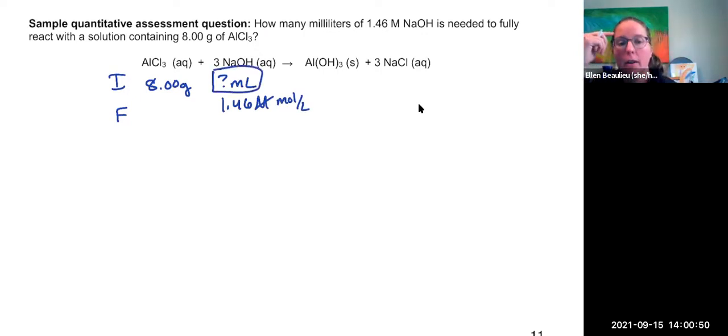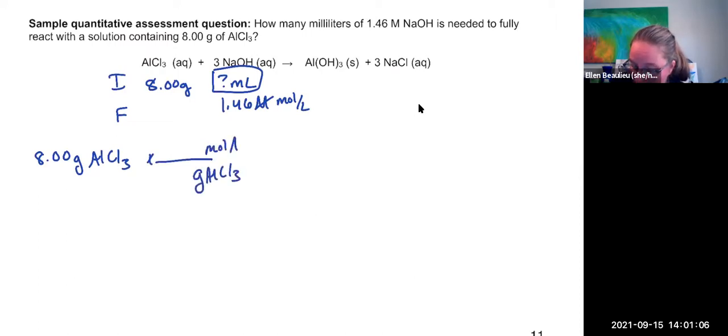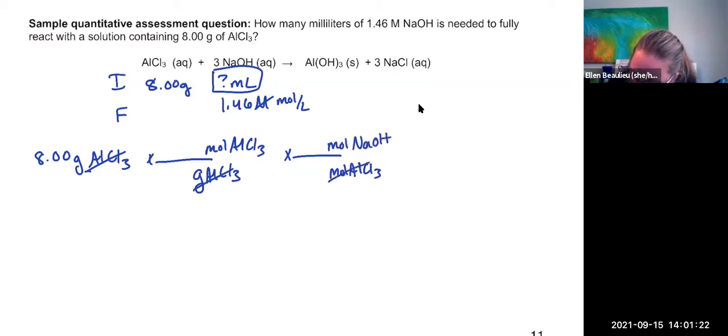That's the ask. So I'm going to start with that amount of the other reactant, 8 grams of aluminum chloride. And I want to relate that to the other reactant. So I'm going to get out of grams of aluminum chloride and into moles, because the only way we can relate things is through that unit of the mole. And the reason you get into the mole is to exchange those moles for other moles. So I'm going to get out of aluminum chloride and I'm going to go into sodium hydroxide. I know that's my other reactant,